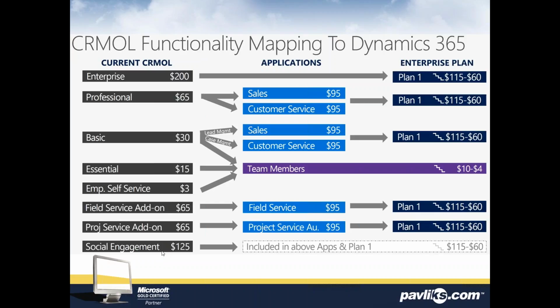I'll speak in a moment about when those licenses kick in and how, but this is the concept of where you currently are, what you use it for, what you will transition to in the new world, and if you need multiple apps, then you'll transition to a plan. I think this is kind of confusing because we're living in the old construct of CRM licensing and we're having to move to the new construct. So that's where a lot of confusion can come in.